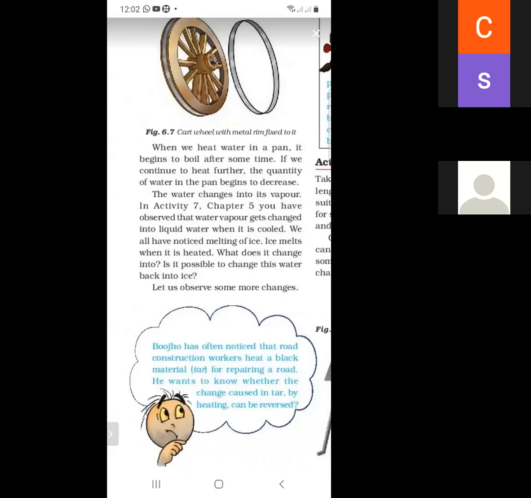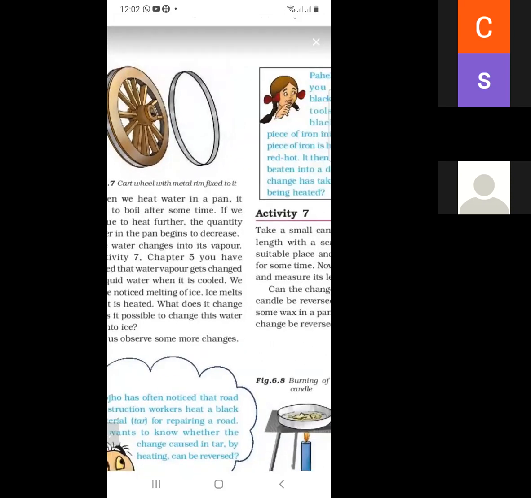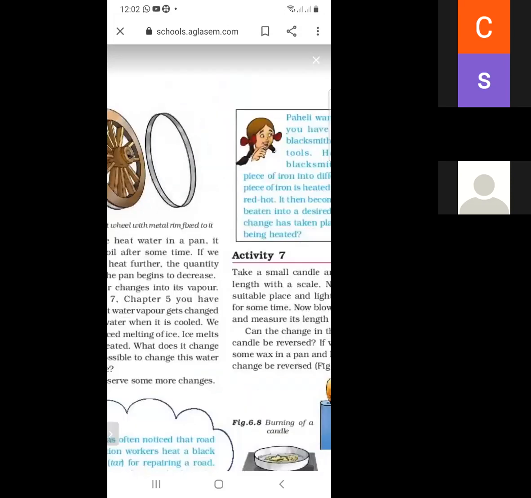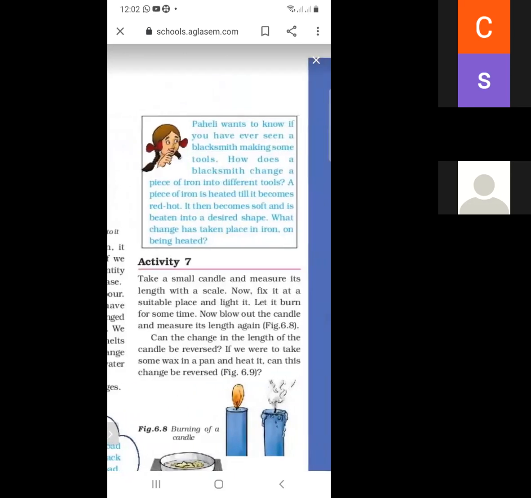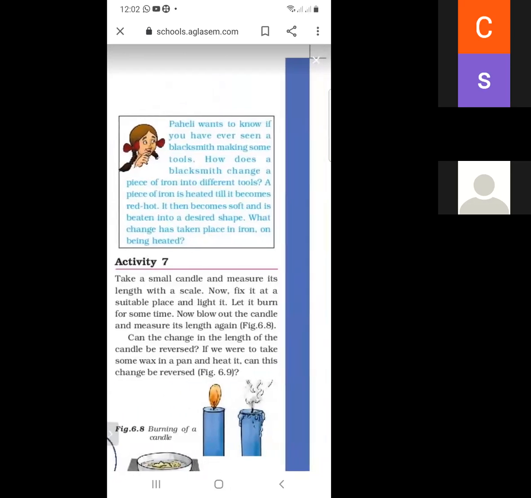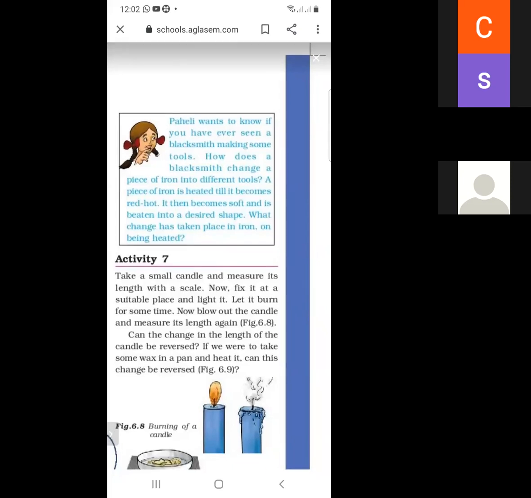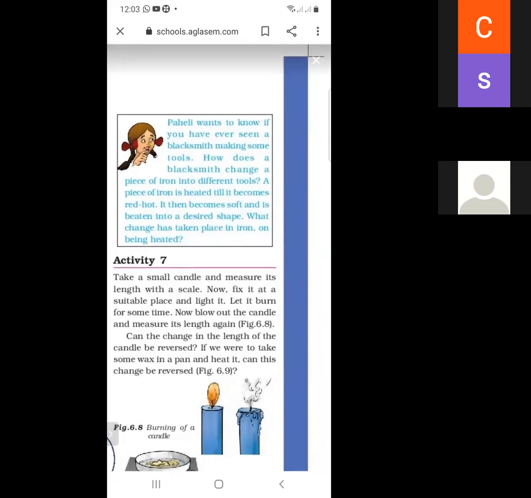Next, Paheli wants to know if you have ever seen a blacksmith making some tools. How does the blacksmith change a piece of iron into different tools?